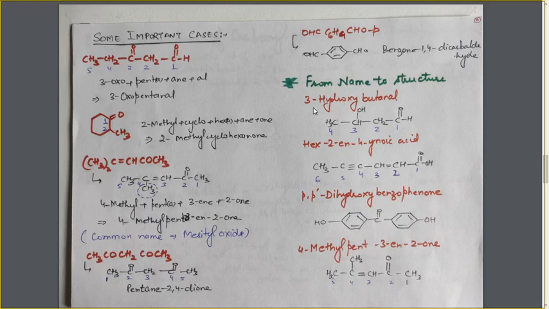One name given here is 3-hydroxybutanal. In all such cases where you have to write down the structure of the given compound, you first locate the root word. Root word here is but. But means 4 carbon atoms. Write 4C, 4 carbon atoms, without any other hydrogen atom or any other group, and then number them 1, 2, 3, 4 from any side.